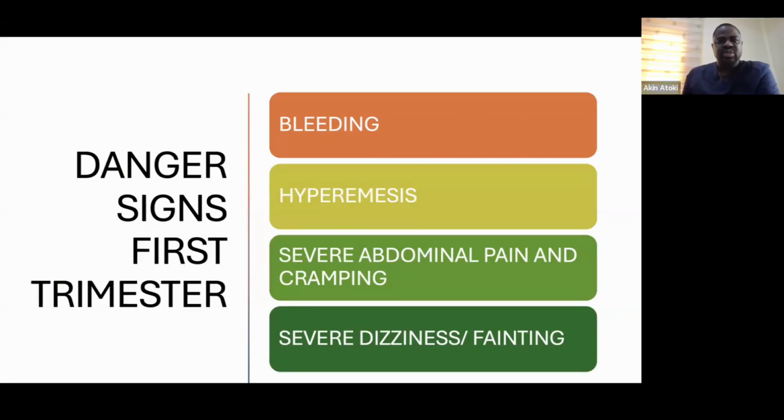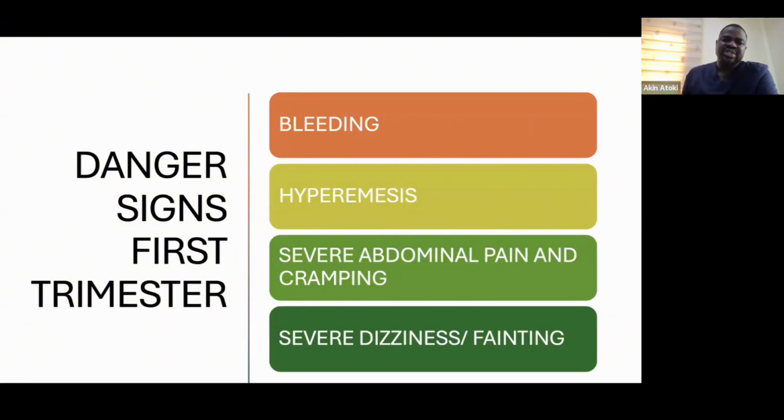So when there's pain and there's bleeding at the same time, it may be that there's an inevitable miscarriage. Sometimes there's little or nothing one can do when that happens. But when there is no pain, then there might be a little hope. But more importantly,